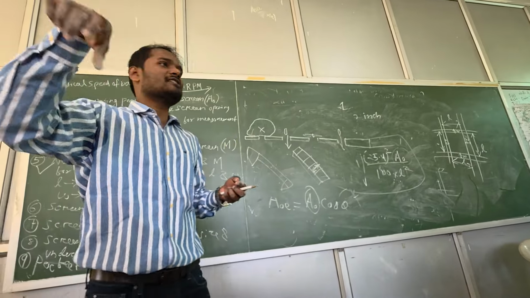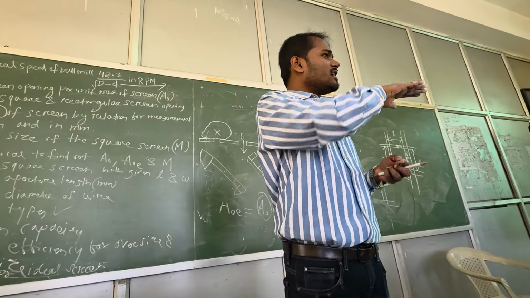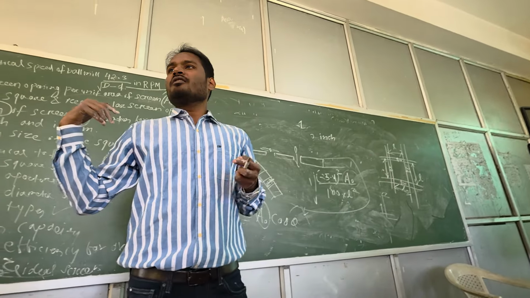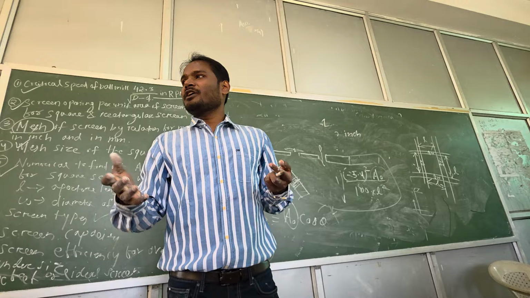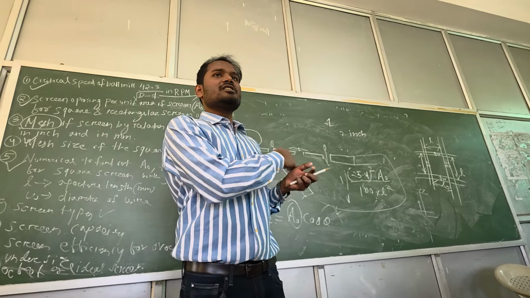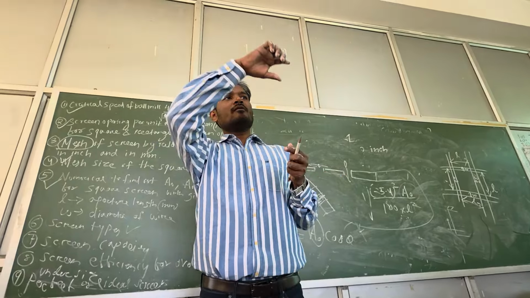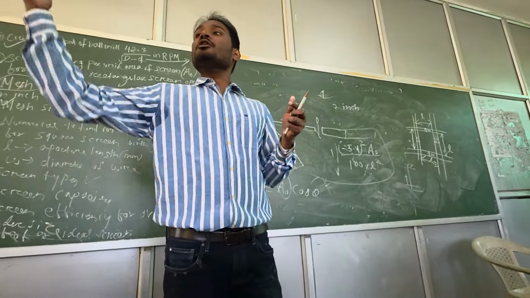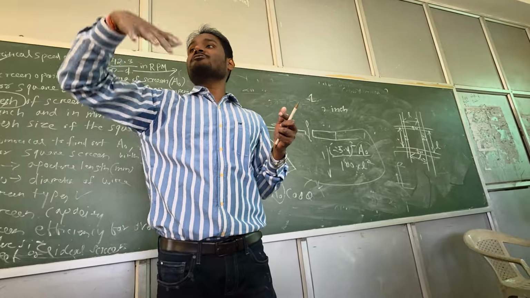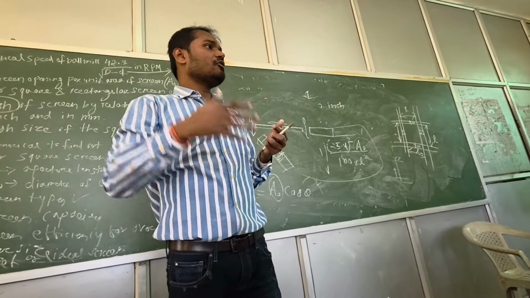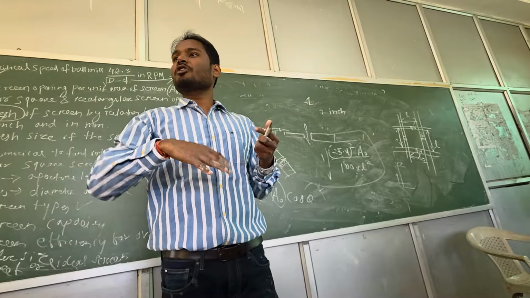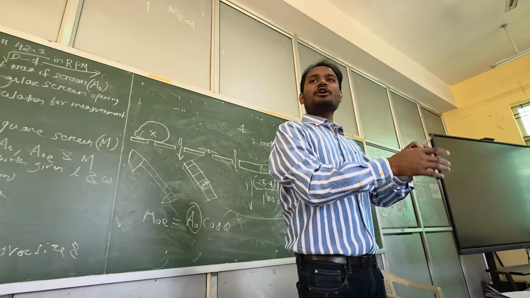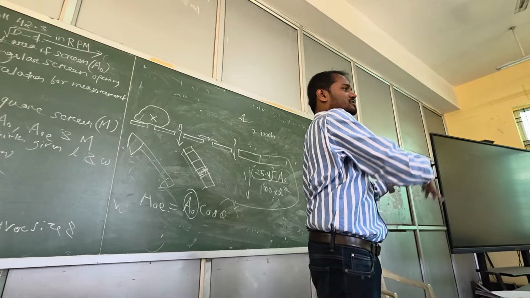If you see railway tracks, have you seen them? The top part is flat, the bottom part is somewhat tapered. Same kind of thing, right? And railway tracks are also very tough and robust. Similarly, the grizzly are made of this railway track kind of thing, but tapered, and very heavy duty. Heavy duty means it can withstand some 10-20 tons of material. You can feed 20 tons or 10 tons of mineral, and it is the starting screen. After that, it will go to the jaw crusher or maybe the gyratory crusher.